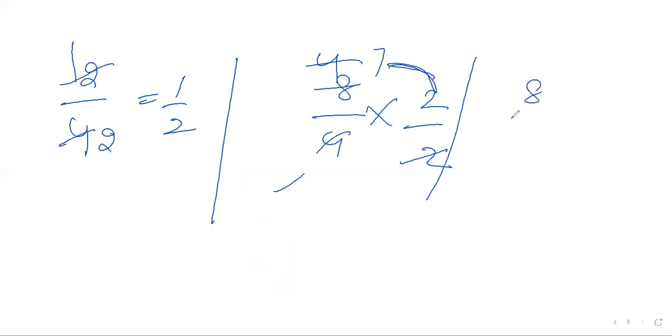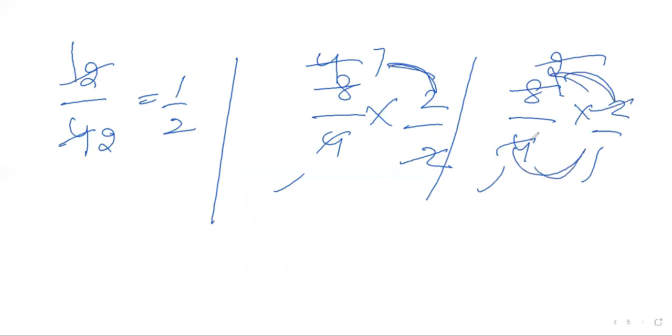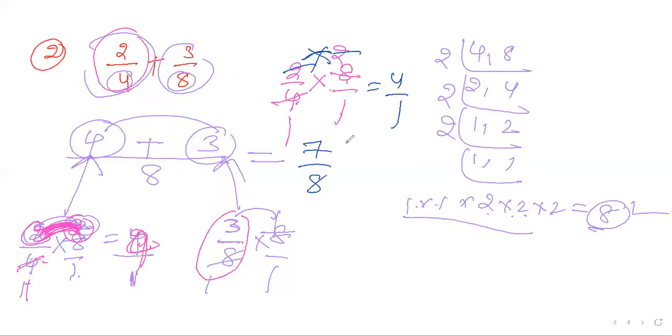Something else I'll tell you. I'll take one more. This is your doubt actually. 4 ones are 4, 4 twos are 8. Then don't cancel 2 with 2 because both are numerator, or both are denominator. You should not cancel, you should multiply. You should cancel only numerator with denominator. Now you understood, right? This is 7 by 7.